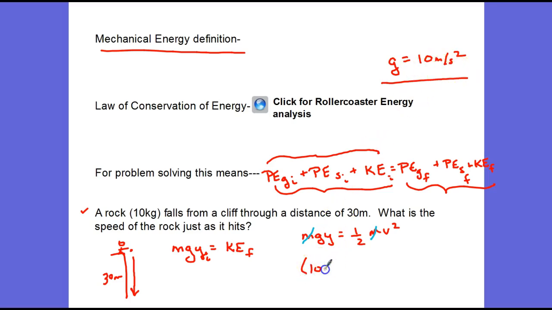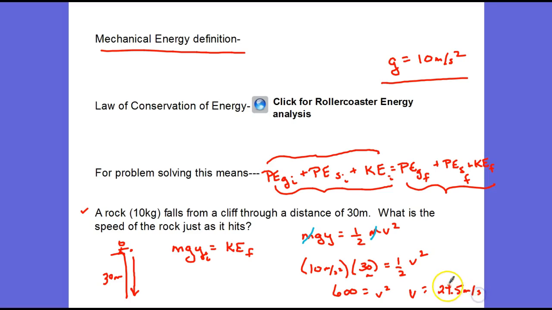So I'm going to let g be 10 meters per second squared, and that height is 30 meters, and that equals 1/2 times v squared. So 10 times 30 is 300. If I get rid of that half, I'm going to have to multiply both sides by 2. So that's going to be 10 times 30 times 2, or 300 times 2 is 600, equals v squared. And let me get my calculator out, which is my phone, so it takes me just a minute to get it open and working. So I need the square root of 600. v equals 24.5